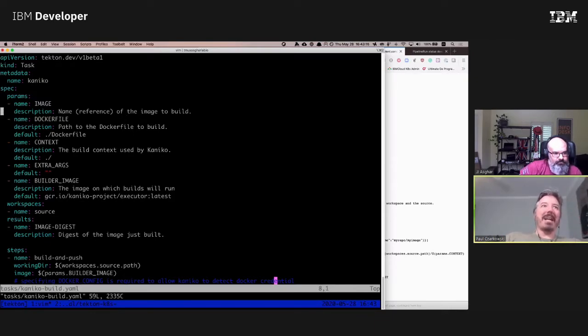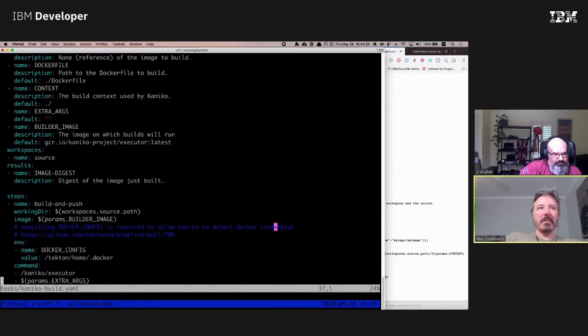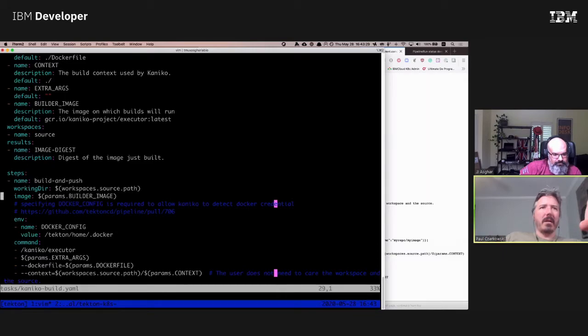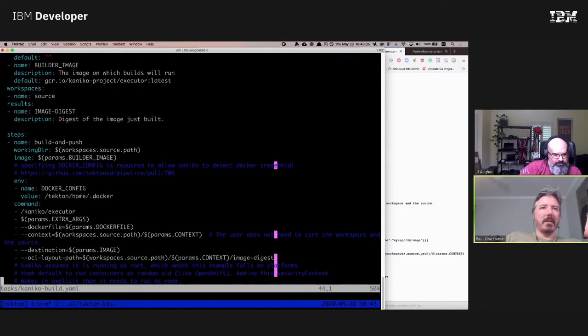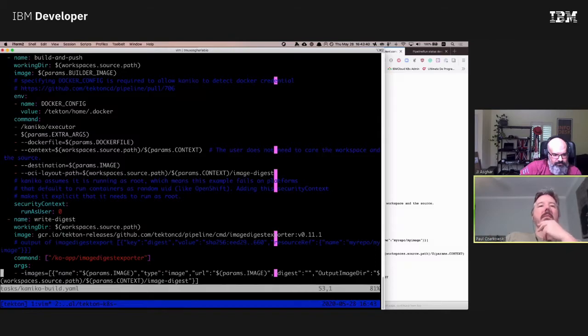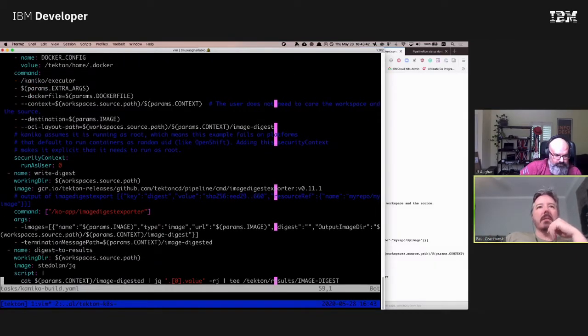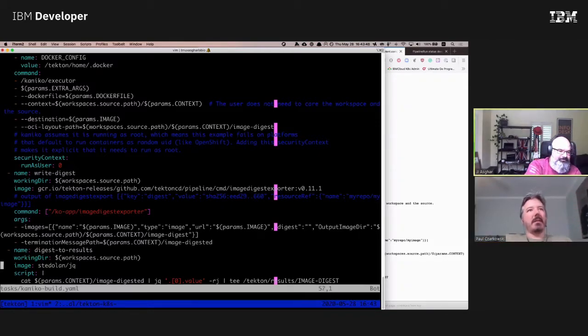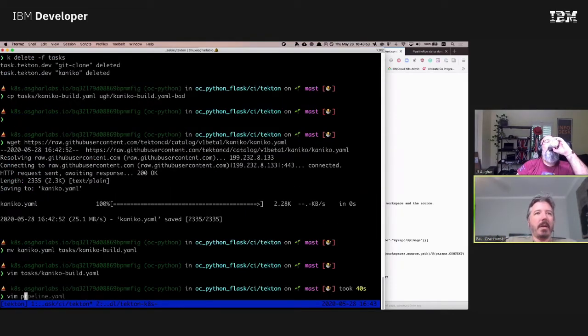So image is back in. This is why we had so many problems with the parameters and stuff. So image is back in there. Workspace source is in there, which I think could have disappeared on us. Build and push, image, build it image, Docker file, params image. Oh yeah, see here's a whole separate thing for doing the digest image. All right, so we need to go back to the pipeline